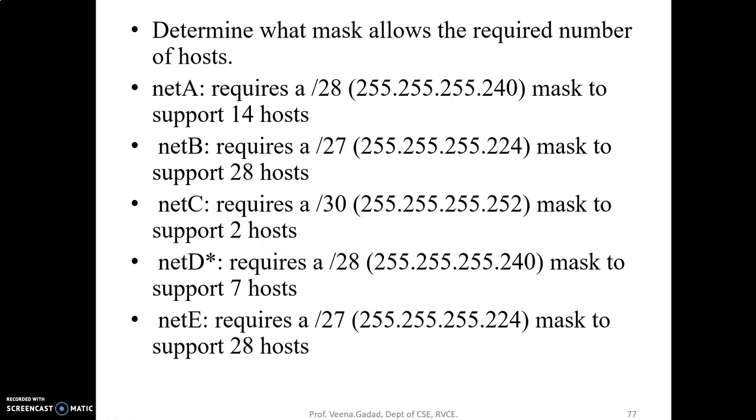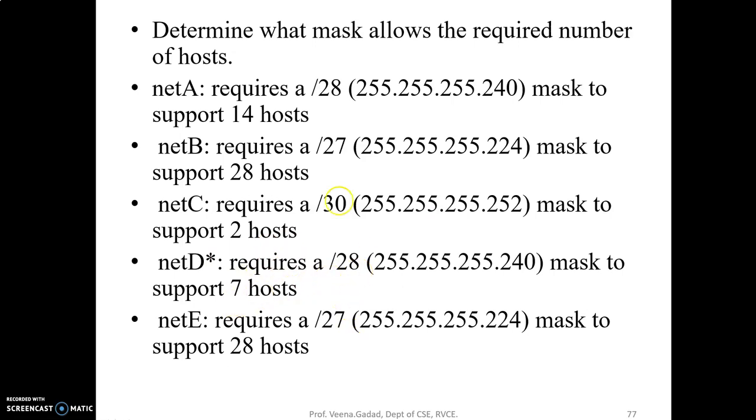Okay, now I just need 2 hosts. So 2 to the power of 2 is 4. Now I cannot use only 1 bit, because if I use 1 bit, I need a minimum of 2 addresses to represent the network address and the broadcast address. So 1 bit will not be useful to me. I need a minimum of 2 bits. So if I use 2 bits to represent the host, the remaining 30 bits will represent my network. So what will be the corresponding subnet mask? It will be 255.255.255.252.